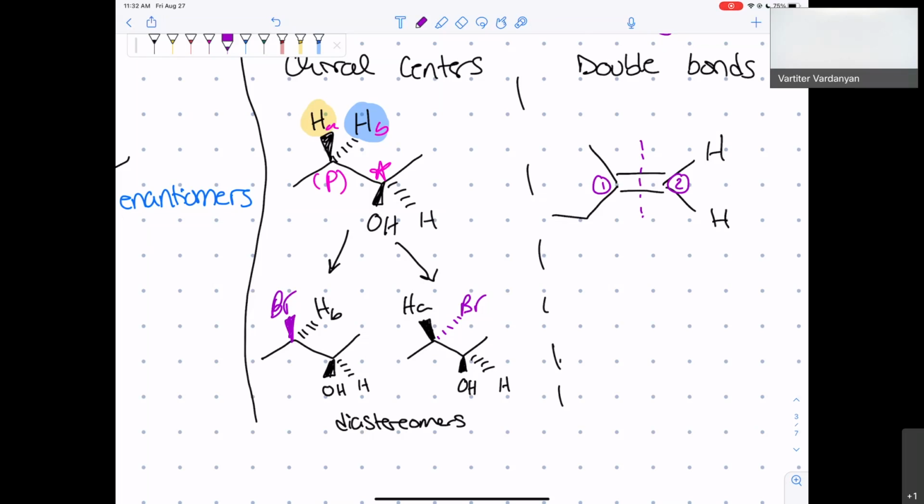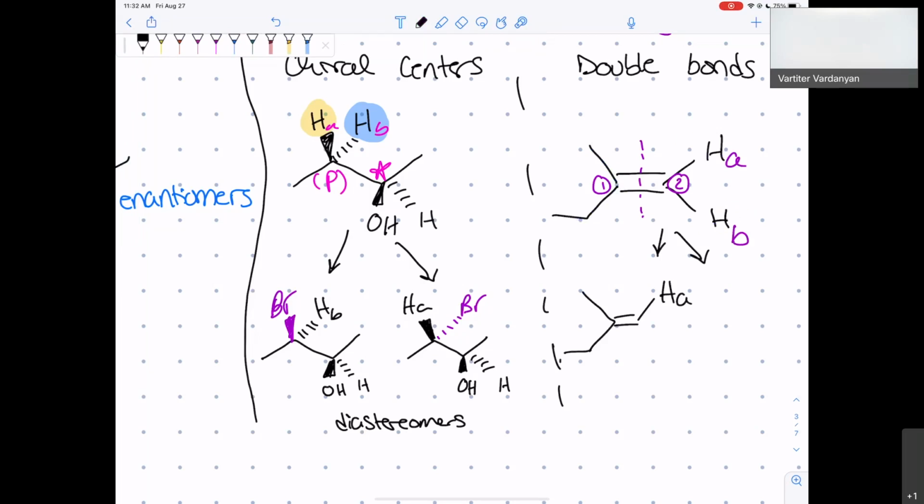So in this case, the left side, or carbon 1, has a methyl and an ethyl, so it's unique. And here we have 2 hydrogens, so I'll call them HA and HB. If you replace each of them, you'll get a set of